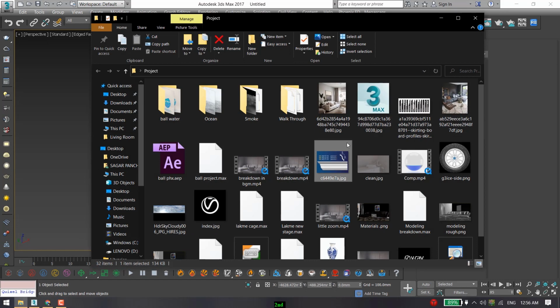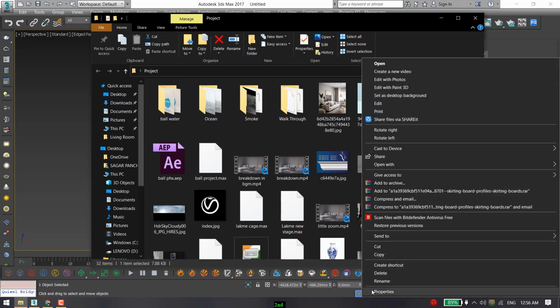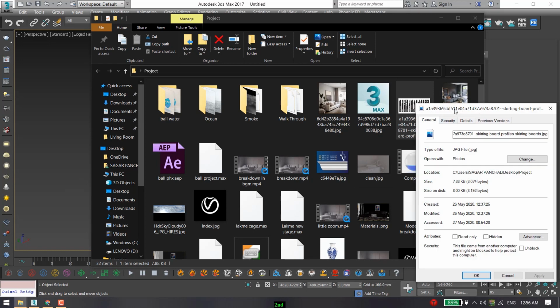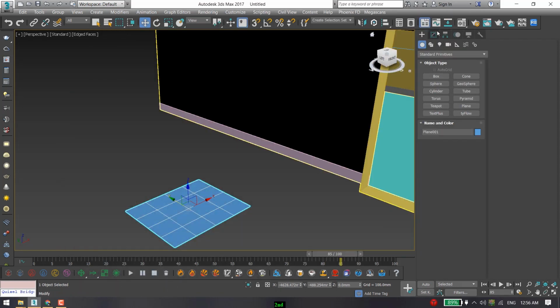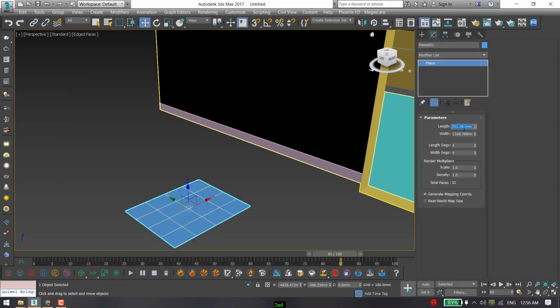Go to our image. Then right click, convert to editable poly. And go to properties. Select face, and go to Select detail, top face. You can see the image dimension: click on detach, 213.6 by 116, give a name, ceiling. And the down face, detach. And this is my flooring, 236 by 116.